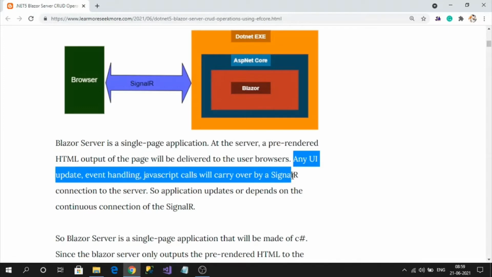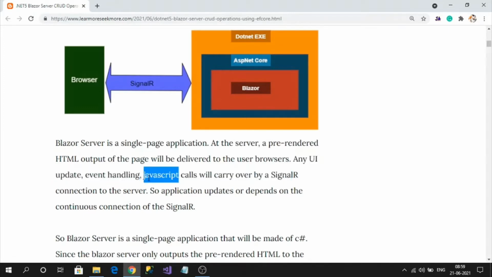Any update, event handling or JavaScript calls are carried out by SignalR. Once the HTML output is rendered to the user, suppose we click on a navigation menu or any button or any click event that has to change the UI of our application. How will it work? In Blazor server there is a consistent SignalR connection.